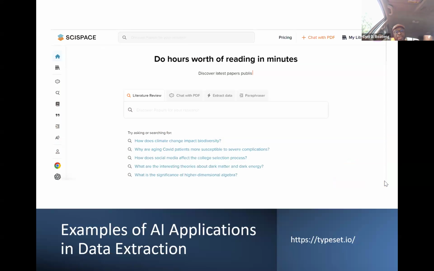For the purposes of this session, the demo I wanted to try out was for SciSpace. For those of you who have some experience with this, I found this tool and I've been using it for the past 3 years. I think it also started without the AI part, but now they've integrated a lot of AI behind it, so that's really cool.